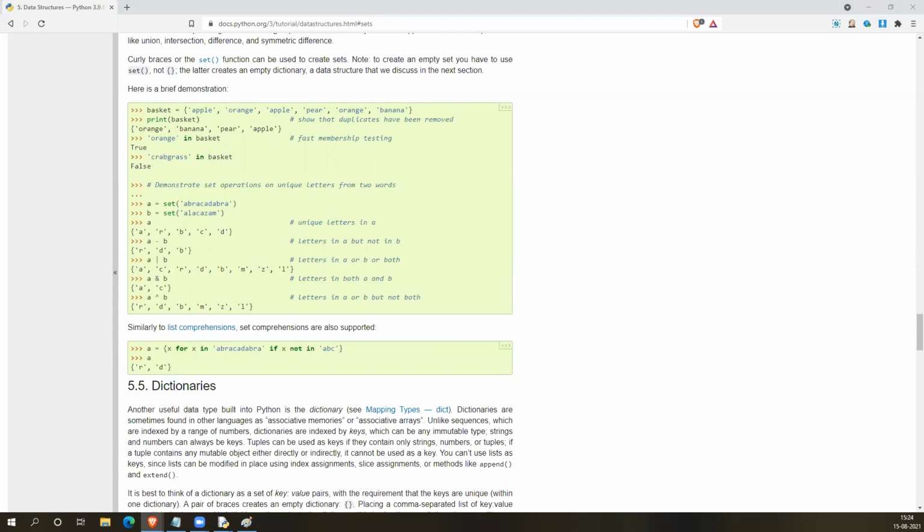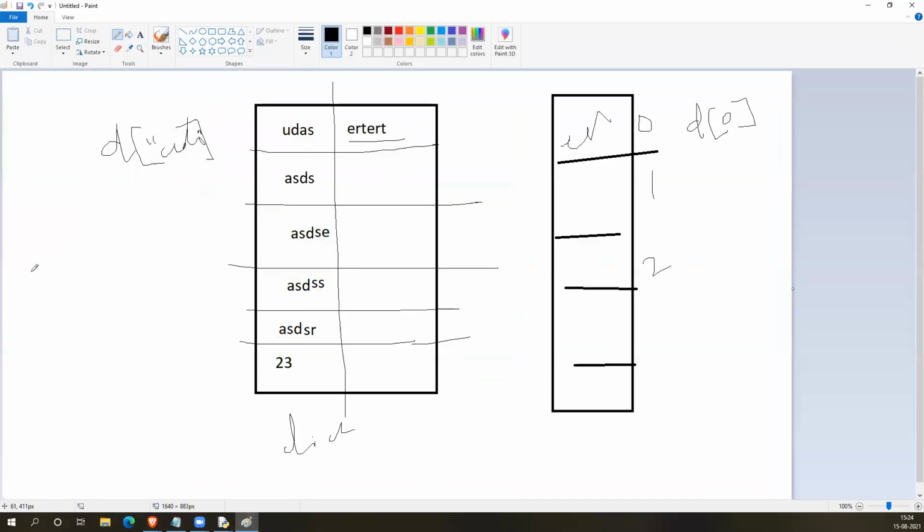So you can consider this set as the set theory in mathematics; it is exactly equivalent to that, because a set cannot contain duplicate values. And when you are having multiple sets, you can use the union operation. When you are having two different sets in mathematics, we used to do union operations, right? A set, another set.